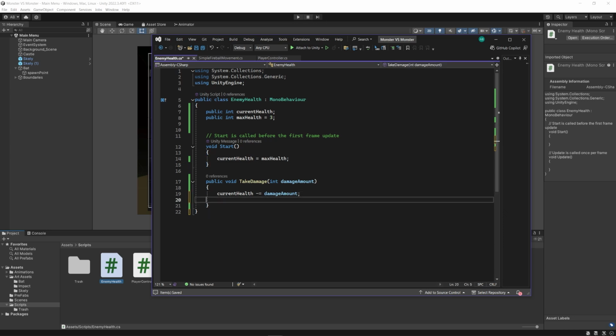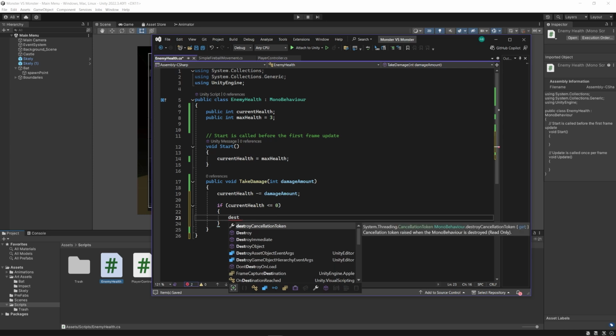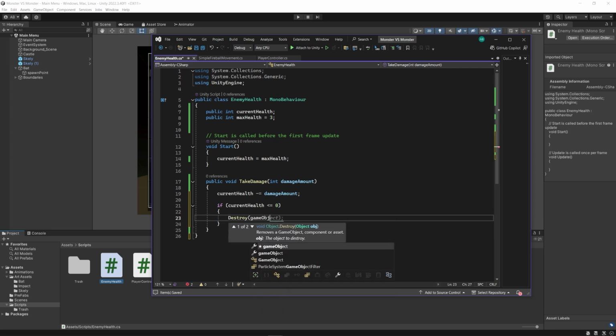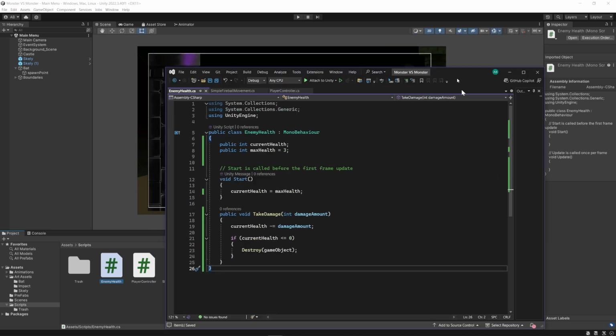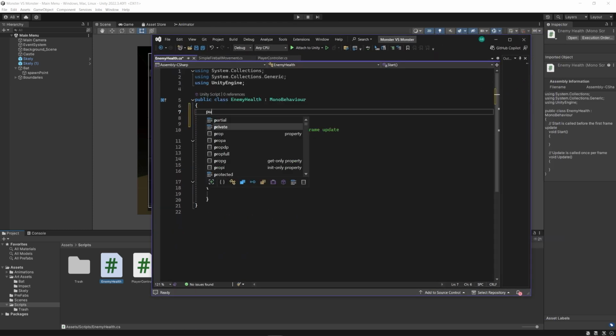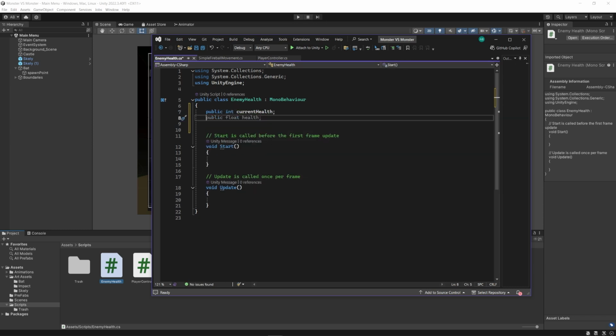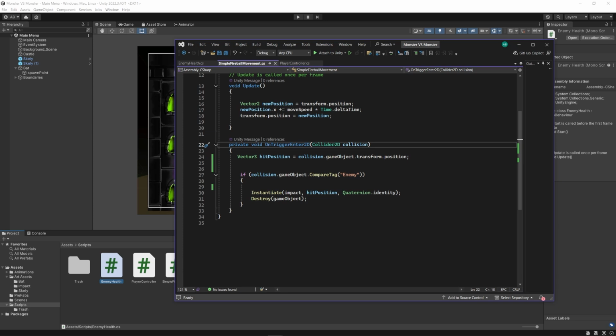And then whenever it takes damage, I also want to say if current health is less than or equal to 0, destroy game object. Okay, so after we set up the enemy health, I'm going to make it to where the fireball can damage the enemy. Since I already put the collision where the collision happens, under this Vector3, I'm going to say enemyHealth